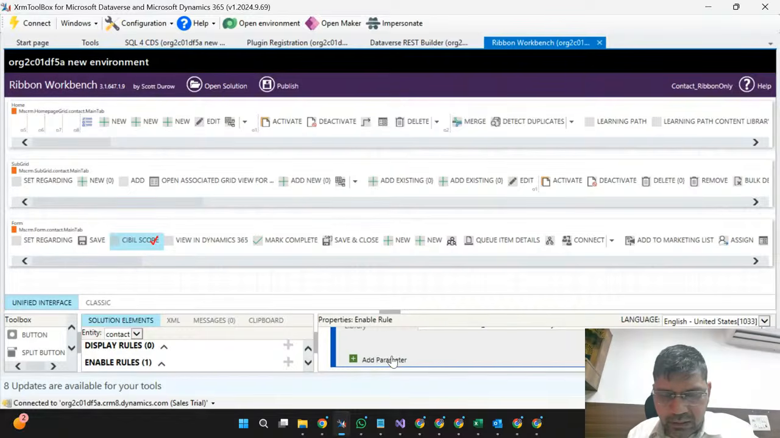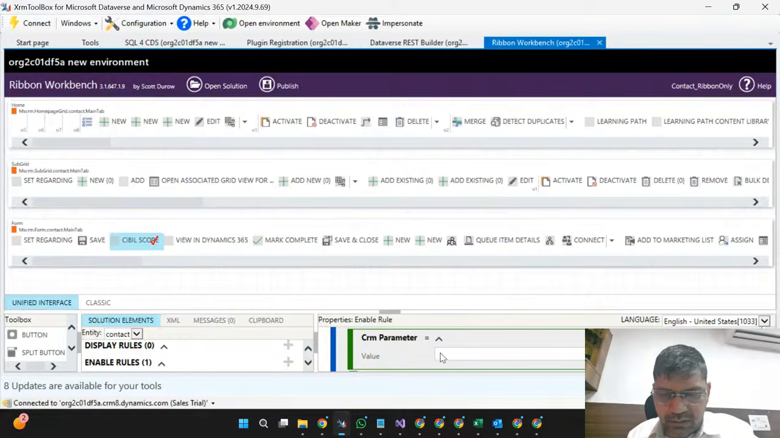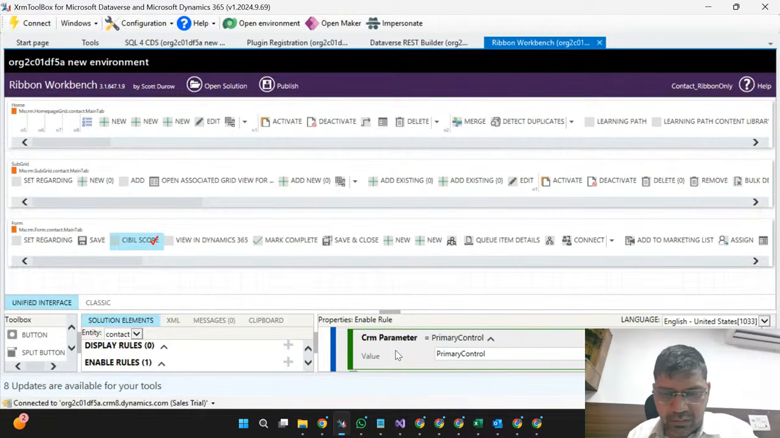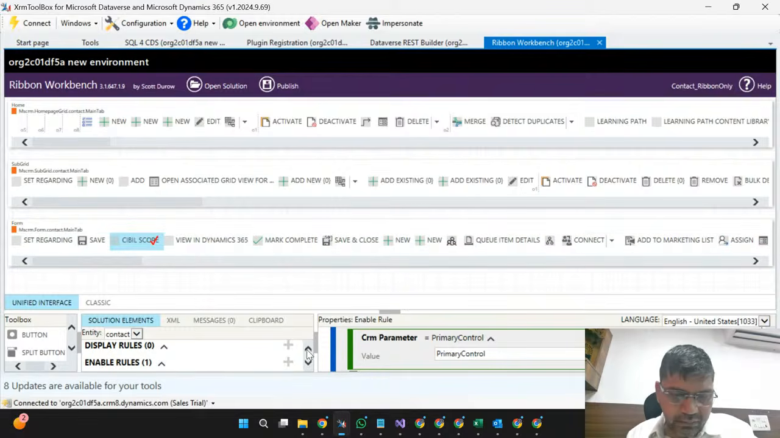And now how to pass the execution context here? We need to pass CRM parameters. We have to pass one primary control. Because here we are passing one execution context, if we are passing execution context as primary control from ribbon, it will be equivalent to a form context, right? Now